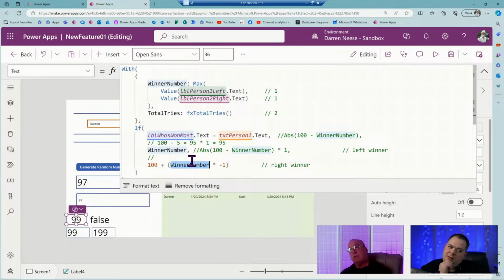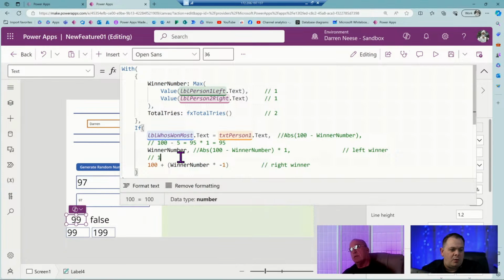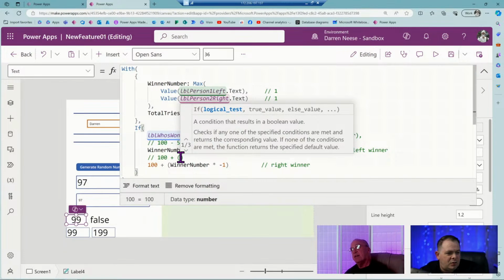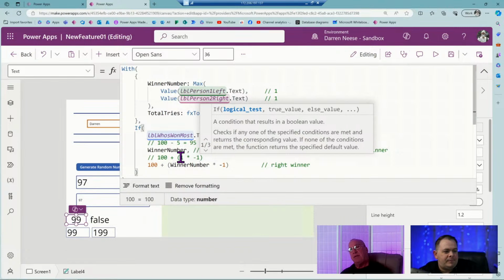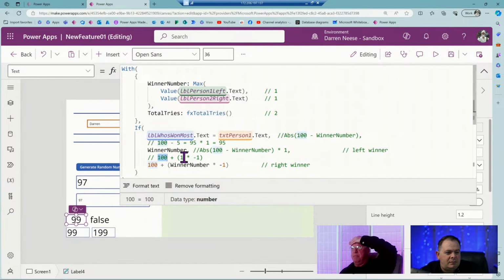So with this thing, we have 100 plus the winning number, which is 1, and then we're making it negative. Isn't that right? So 100 plus a negative 1 is 99.